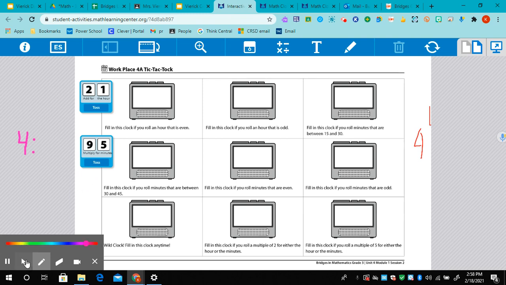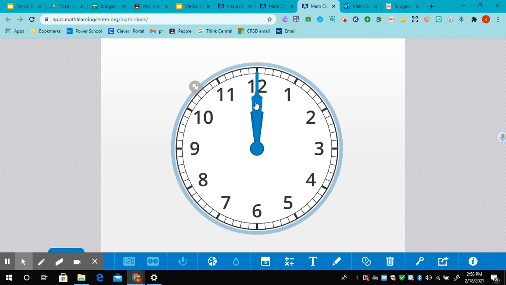You can wait then until you toss the second die, and this time you have to multiply to get the minutes. So 8 times 3 would equal 24. So that's the time you are going to have to show on your clock. You can either use the little clocks that we give you, or you can go to the math app and show 4:24. So that'd be 5, 10, 15, 20, 21, 22, 23,